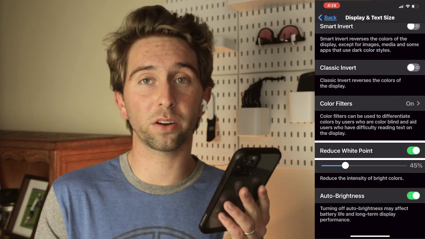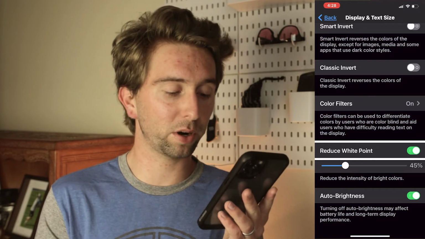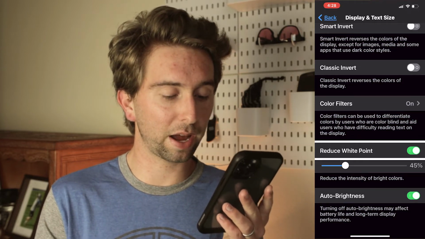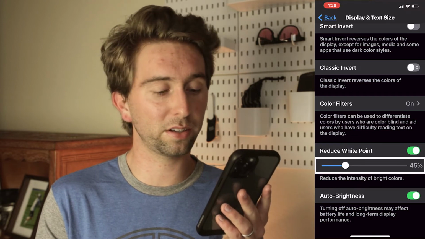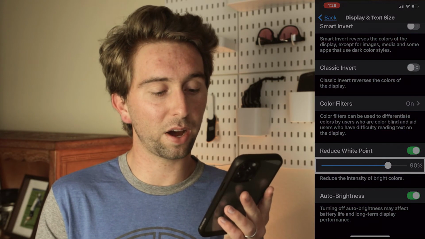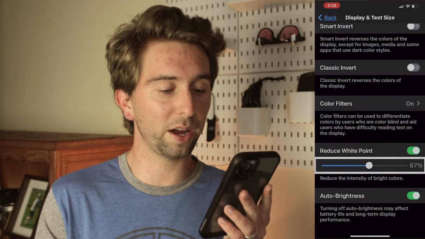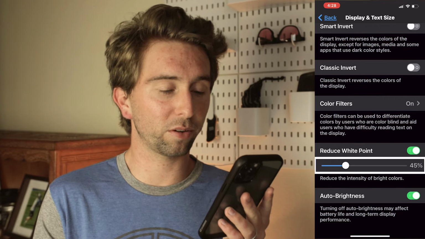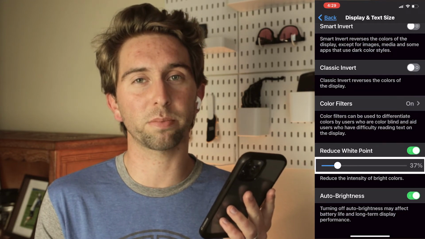I highly recommend turning on reduce white point and adjusting the level of brightness that works best for you based on how bright you want the white part of your iPhone screen to be. But if it's too high, it's going to be too dark. If it's too low, it might be too bright. So finding the right spot for you is important so that you're not having too much bright white light that